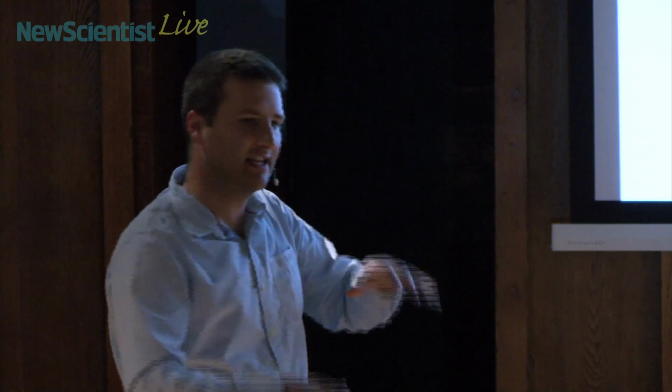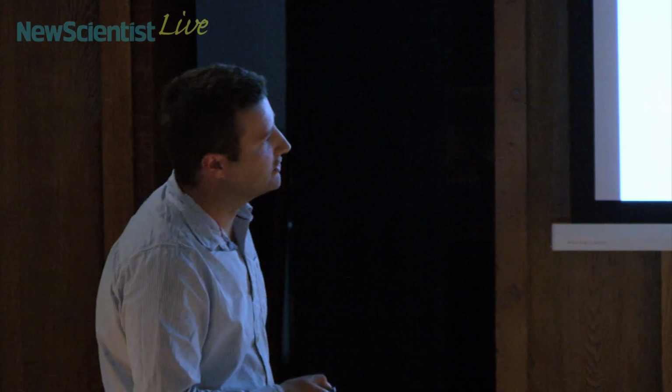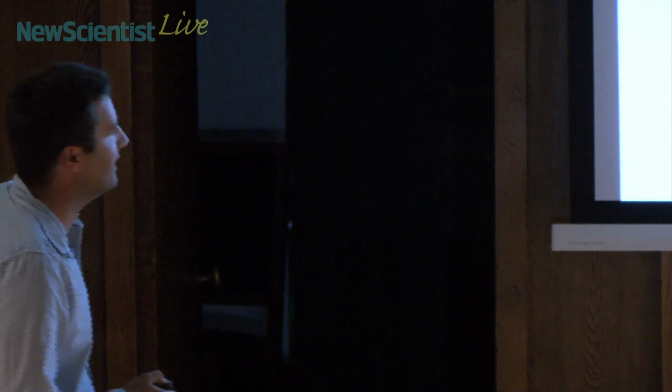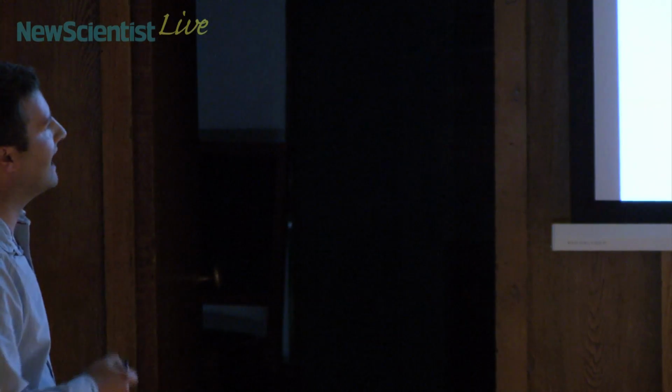And then because these are different structures and they have different orientations, they sit in different forms, they undergo different reactions. The natural form transfers the acyl group to the 3' hydroxyl. The non-natural form largely undergoes hydrolysis, partially cyclizes back to the 2',3' cyclic phosphate. Being able to achieve this reaction robustly in water and highly selectively allows us to come at this oligomerization problem